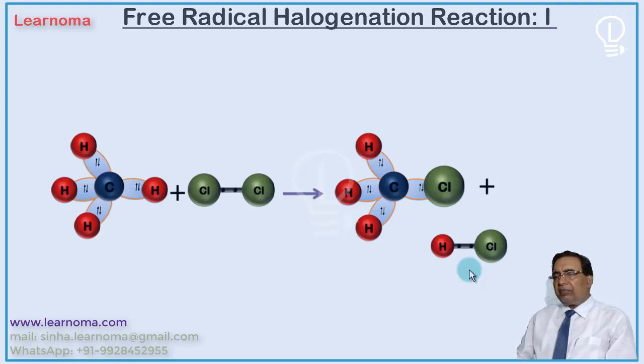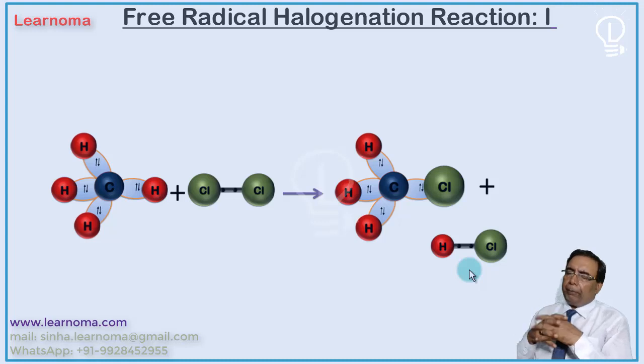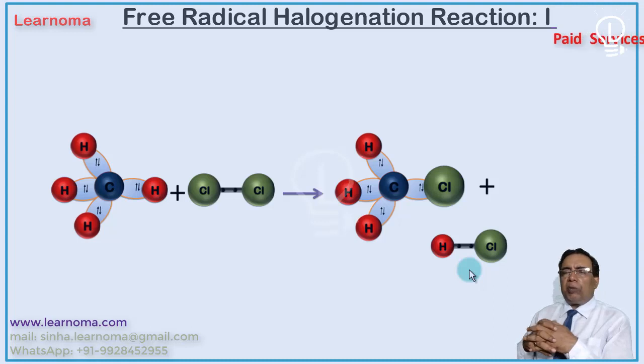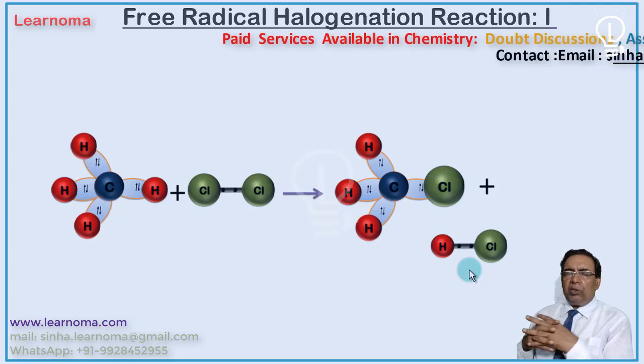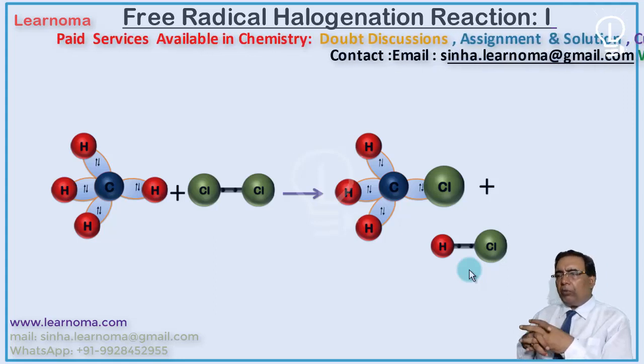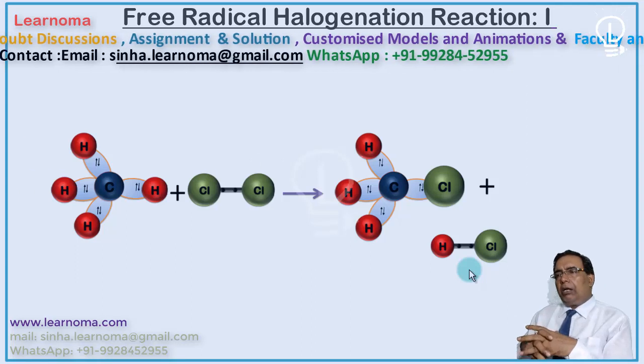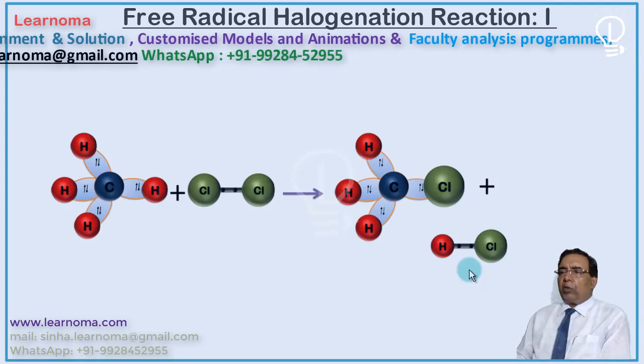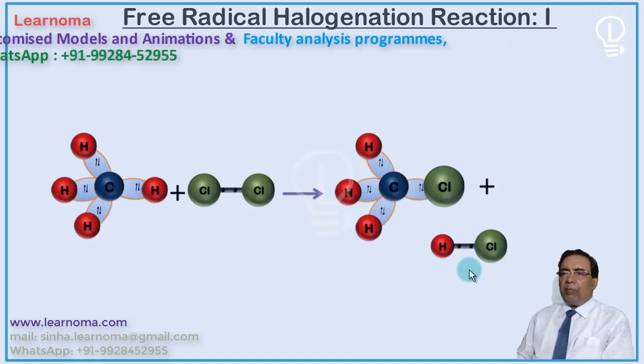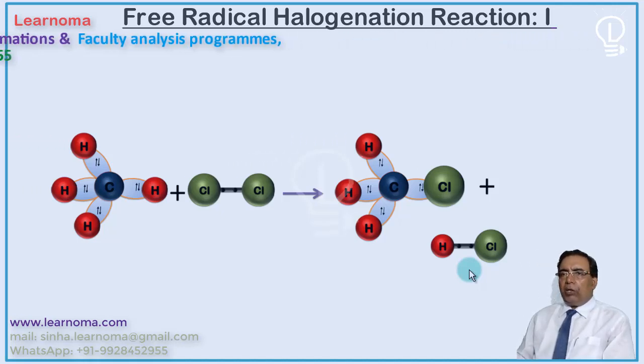In this reaction, a mixture of products is obtained. Very often a mixture of products is obtained, and separation of the mixture is a problem, particularly for this reaction. It is not a very good reaction from a synthetic point of view. Still, this is a typical reaction from a mechanistic point of view because it proceeds through a free radical mechanism. Let us see what happens in this reaction: how the chlorine reacts with methane and forms methyl chloride and HCl.